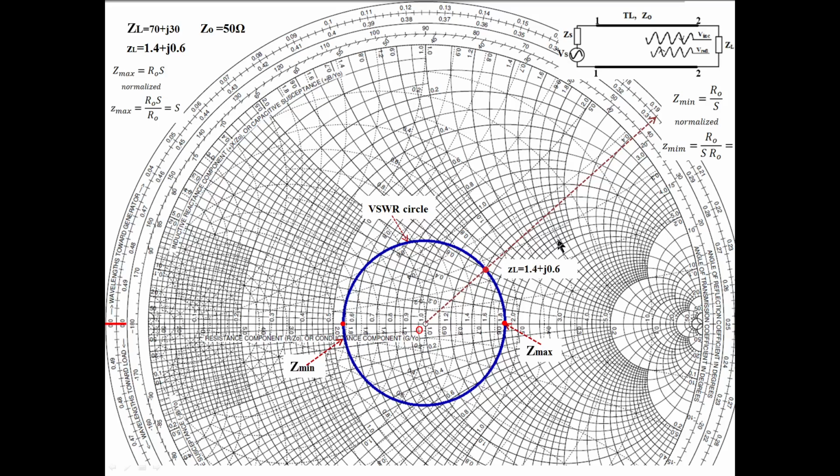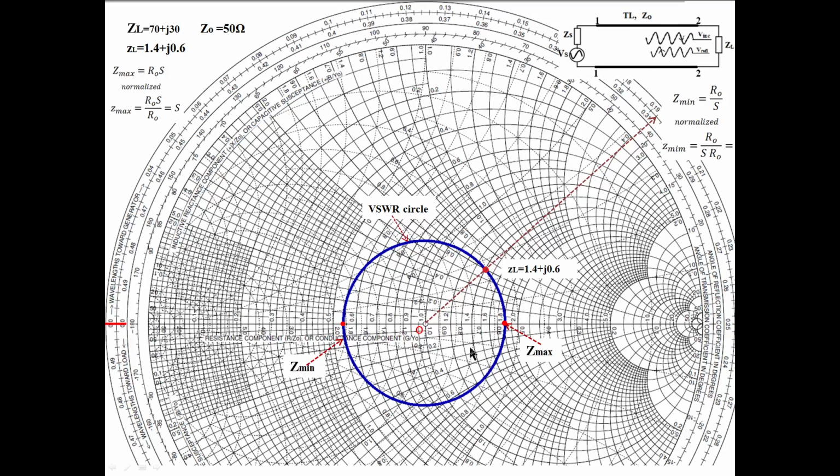So we were discussing in the earlier class that for any load, the VSWR circle may be anywhere based on the load. If you want to find the impedance at any point over a transmission line, what do we have to do? We have to move on the VSWR circle from the load point. This is the load point we marked. So we have to move over the VSWR circle like this. Moving like this is nothing but moving over a transmission line.